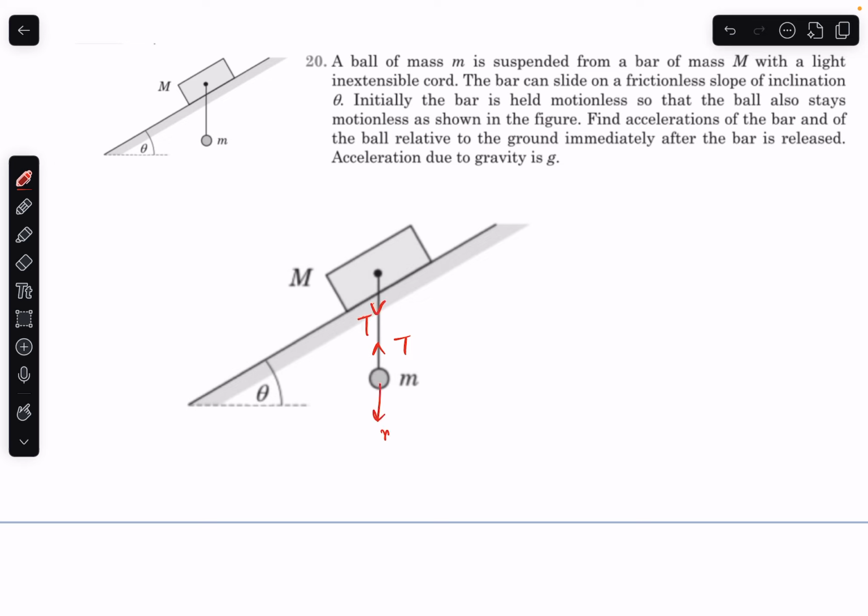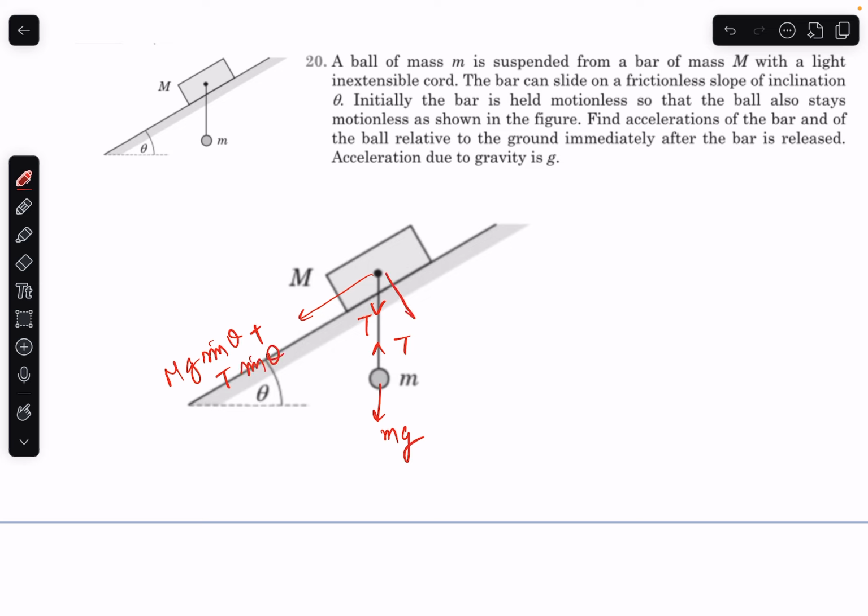Weight will act, small mg, on the ball, and on the bar there will be mg sin theta plus a component of this tension also. So the component of this tension will be T sin theta,